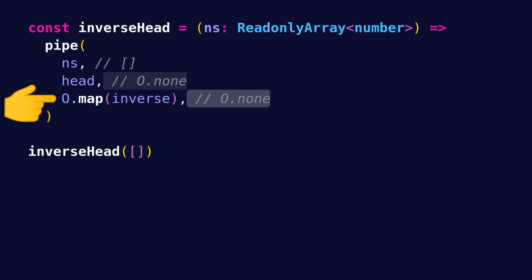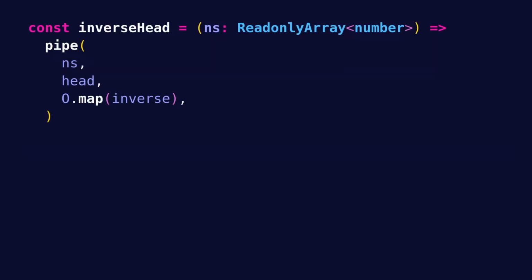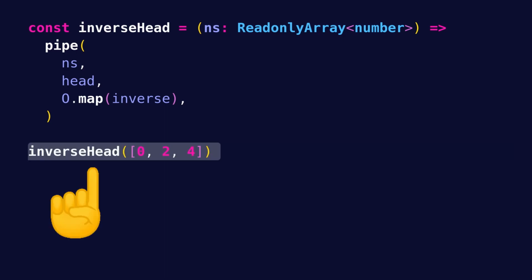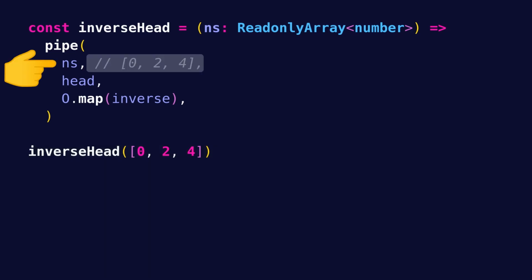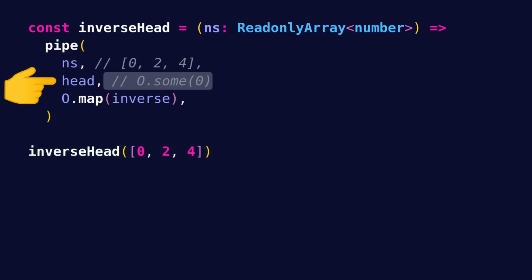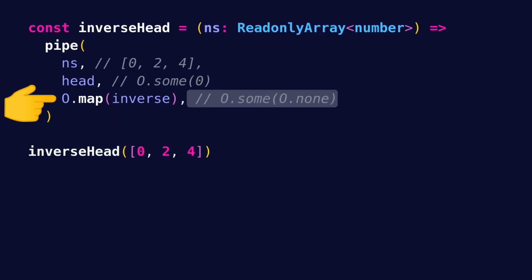So we would end up with none. If, on the other hand, we call inverseHead with an array that has 0, 2, and 4, we would pipe that array into head, which returns some 0, and then map that 0 into inverse, which returns none. So we would end up with some none, which is again a nested option.